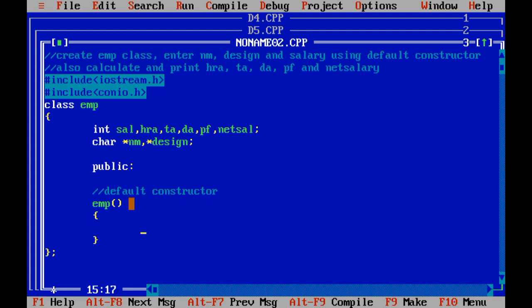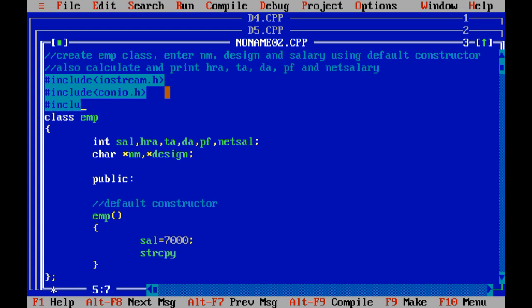Then I need to initialize the value of salary. Say for example I am going to initialize it to 7000. strcpy: over here I need to mention the header file include string.h so that I can use the strcpy function. nm equals Rahul. strcpy designation equals manager.